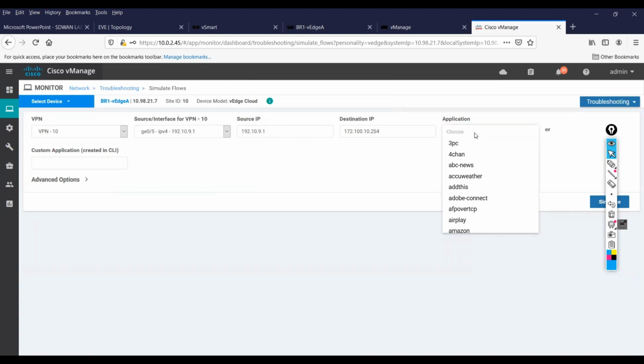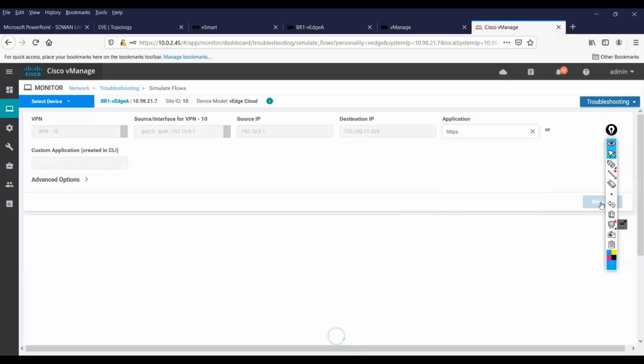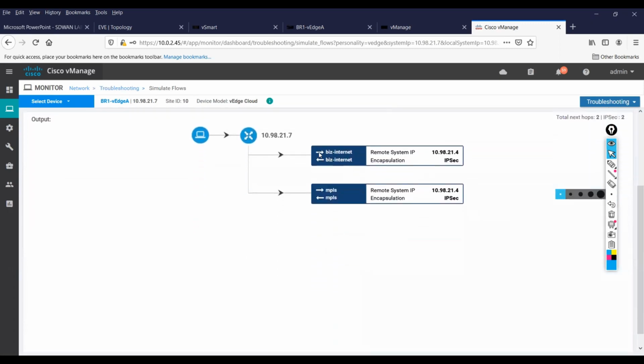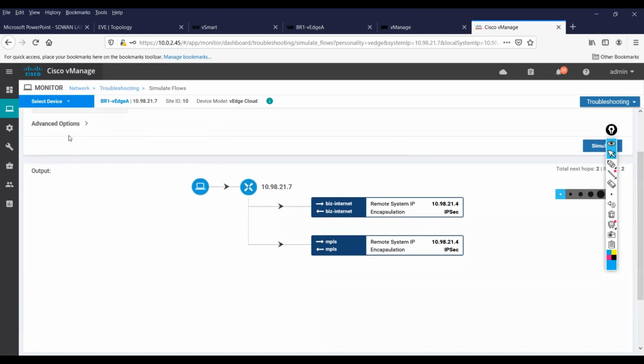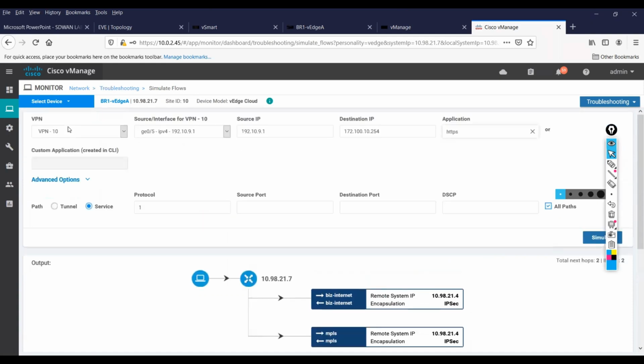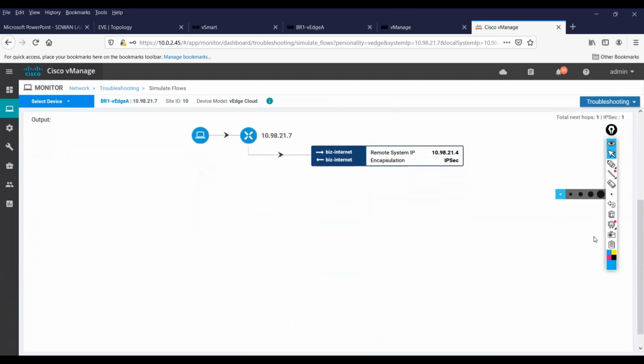So let's say I say HTTPS. Okay. Now, if I simulate it like this, it is saying that the traffic is going on the base, returning on the base, going on MPLS, returning on MPLS, which means both the paths. Now, there is an additional option if I want to see the exact one path which it is taking for this. So this is all paths. If I uncheck this all path, it is saying that this traffic is going by the base. Now, how I can